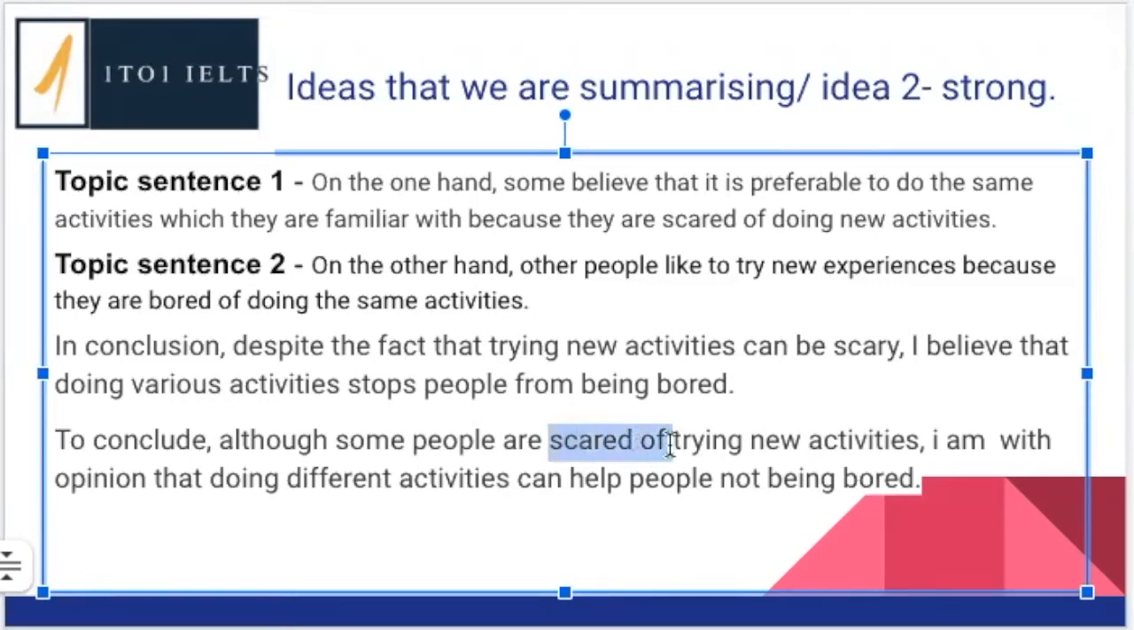When we have this scared of, this is the correct way to follow it. So you're scared of, and then you're going to have a thing. So you can either have scared of, let's say, scared of spiders. So you could have a noun, but if you're going to talk about an activity, it's going to have to be in the gerund expression. So this is correct. Although some people are scared of trying new activities,